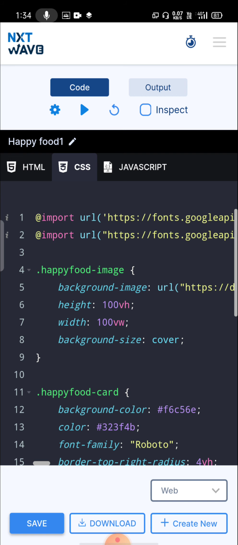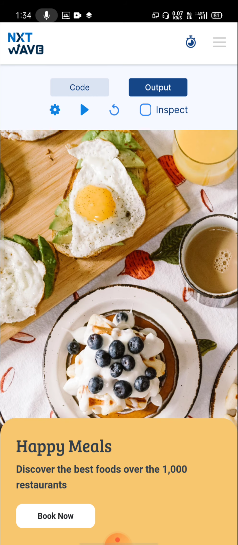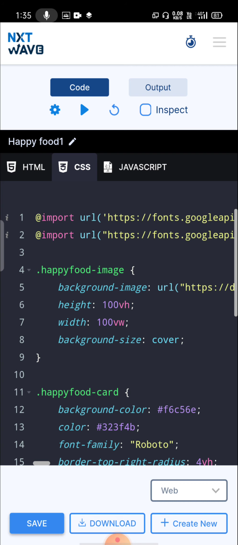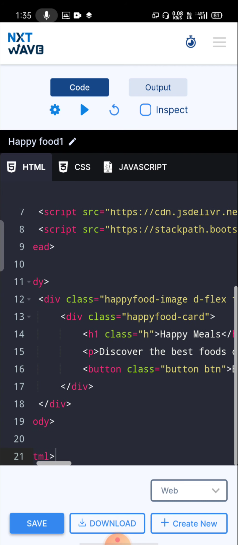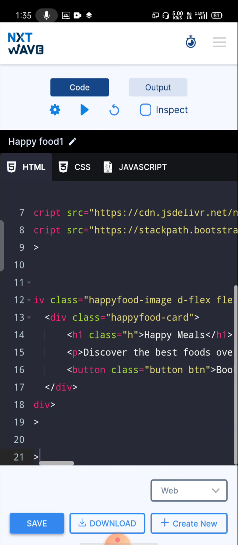Okay, this is the code for getting the background image, and there is a card with some background color and the text, a Happy Meals heading and a paragraph, "Discover the best foods over 1000 restaurants," and there is a button. For this, first we need to add a heading, paragraph, and button.